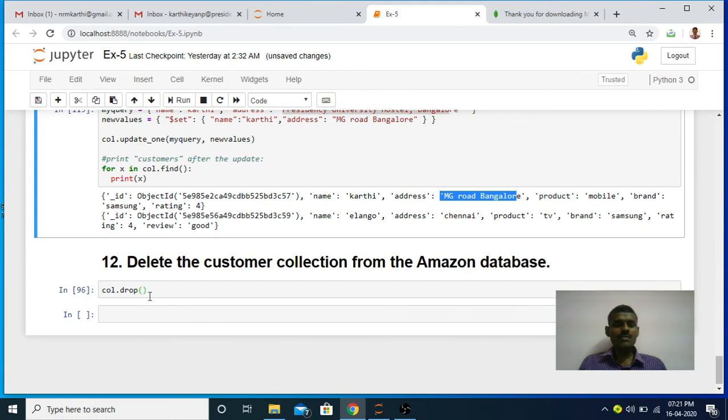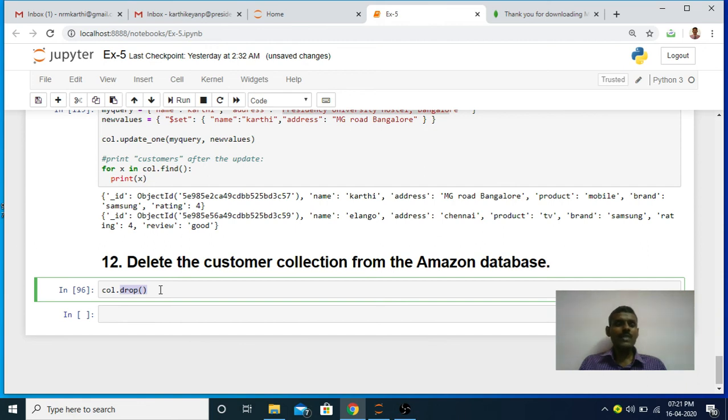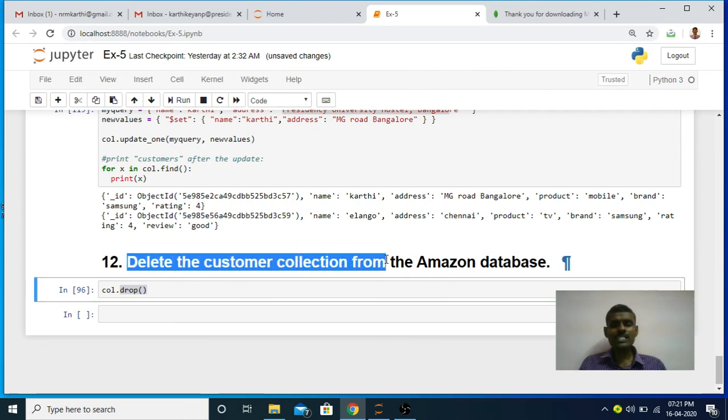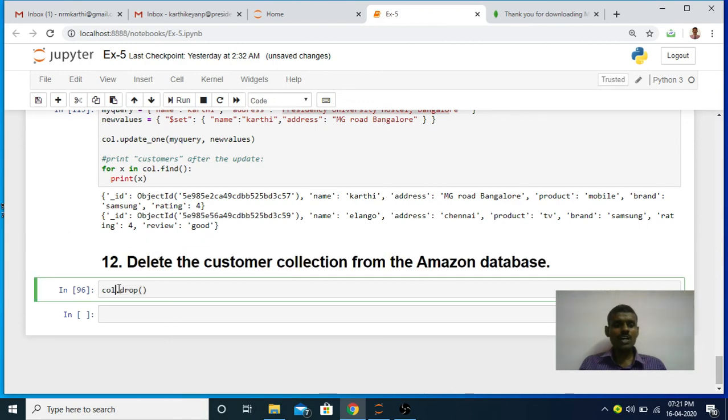Next, if you want to drop the collection, you can invoke the drop method. The drop is a method. Using this method, you can delete the customer collection. Your last question is, delete the customer collection from the Amazon database. That is why I invoked the drop method.